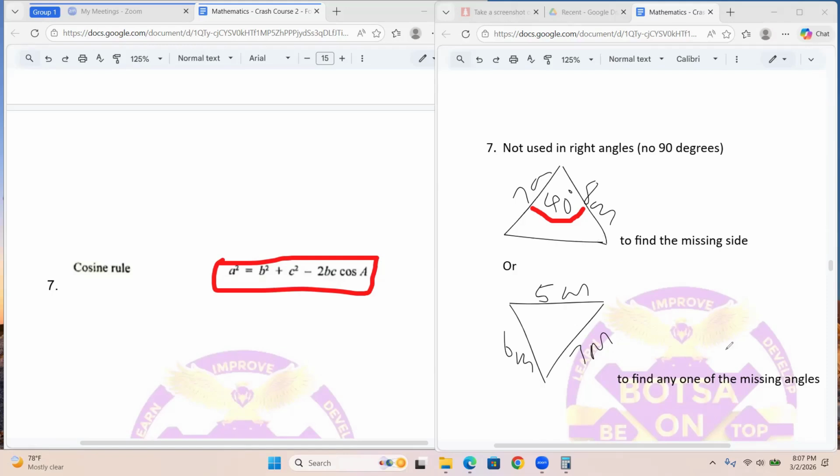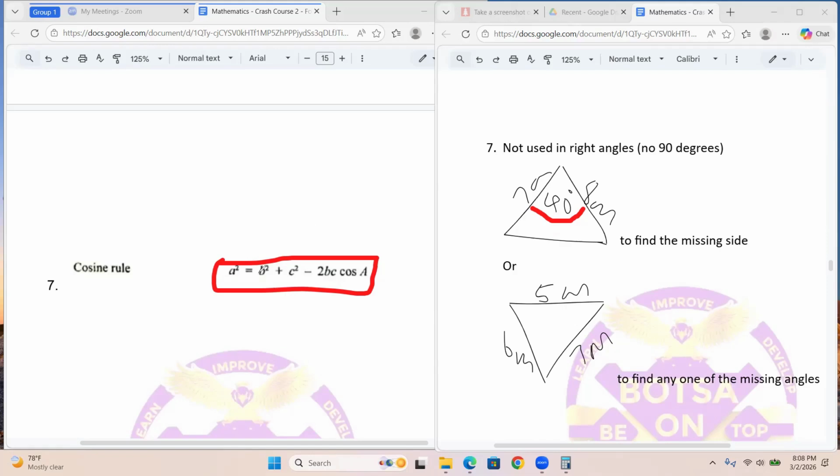Or you can also use the cosine rule to find... Oh, I need to mention something before I move on. If this is a scenario you're working with to find a missing side, it means that this angle here will be,